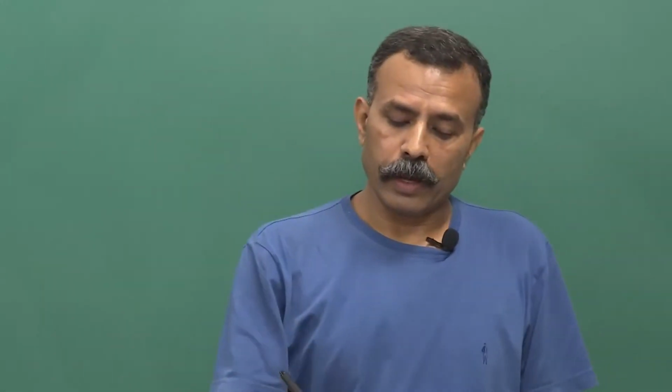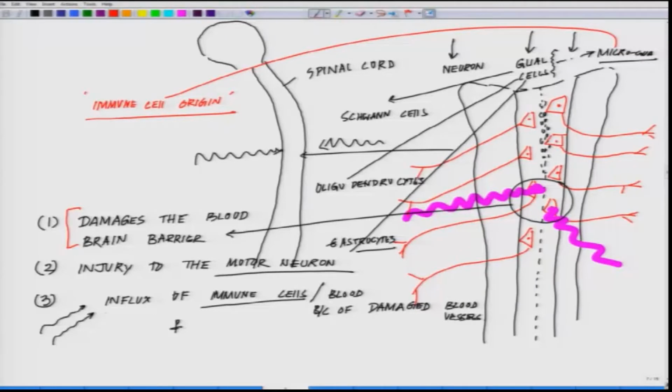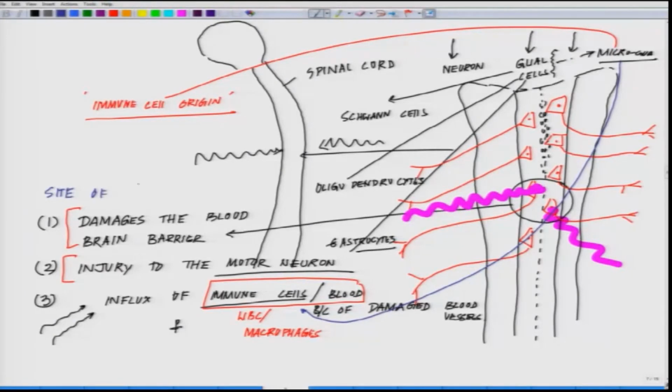But if there is a damage here, an injury here, there is an influx of blood immune cells, which includes WBCs and macrophages, then this triggers an action for this microglia to get to the site of injury. So, at the site of injury, say for example this site, now we see